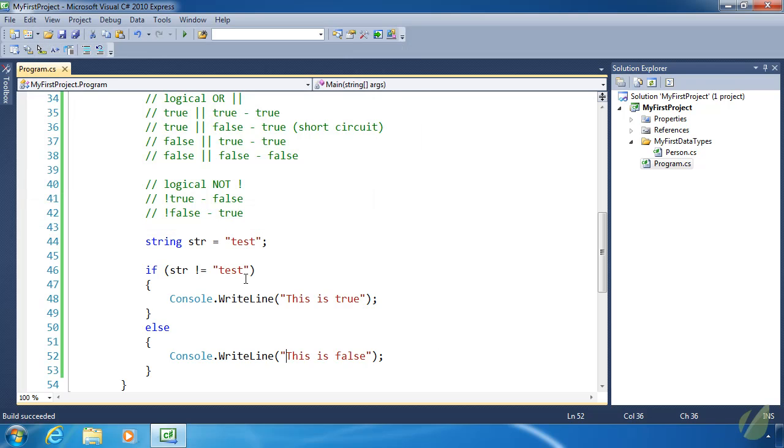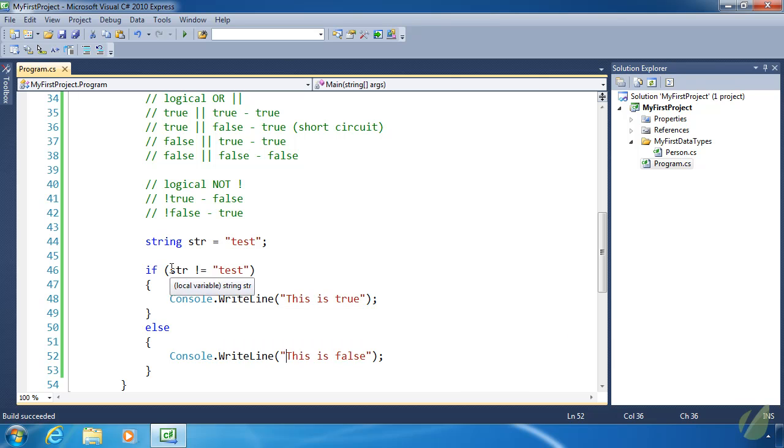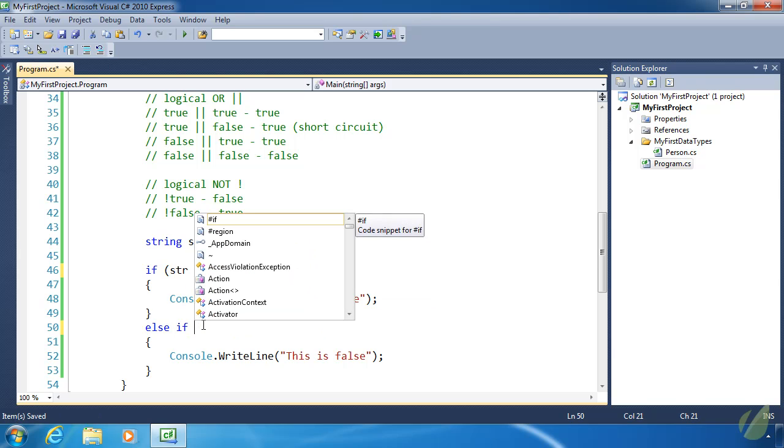Now, there are times when we want to do multiple cases. Like, for example, we have one condition here, but if this is false, we might want to evaluate another condition. If we want to compare str to several different strings, for example. So let's change some of these. And all we have to do is do an else if. Instead of else, else if. And this will allow us to